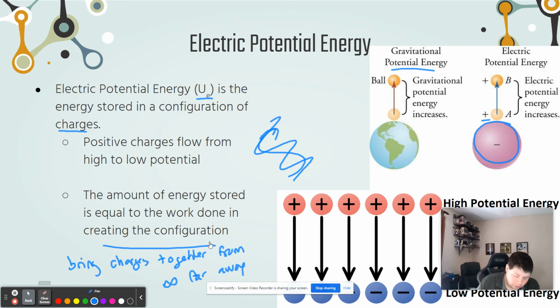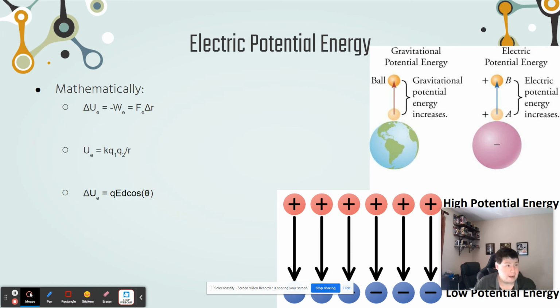Okay, let's take a look then at this a little bit more mathematically. So mathematically, we can define electrical potential energy using the function for work. We know that the work done on a system is equal to force times distance. And so I can replace this term for work here, because work is equal to the change in potential energy, with force times distance. Now, I wrote this delta R in a very specific way. It's the change in distance